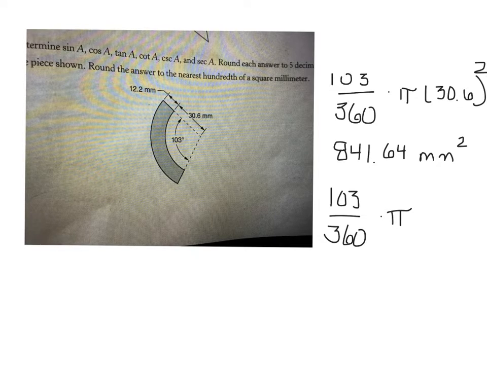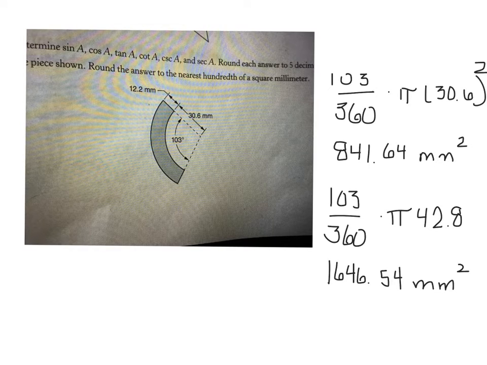Well, r now is 30.6 plus the additional 12.2 millimeters. So for the outer circle, r is 42.8 millimeters. So the area of the outer circle, or portion of the circle, would be 1,646.54 square millimeters. So now to find the region, the area of the shaded region, we're going to need to